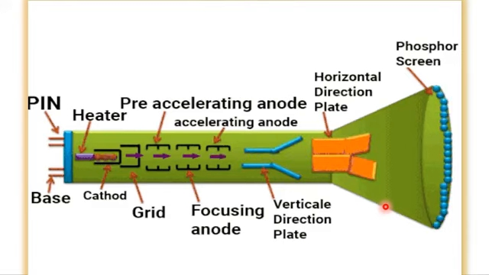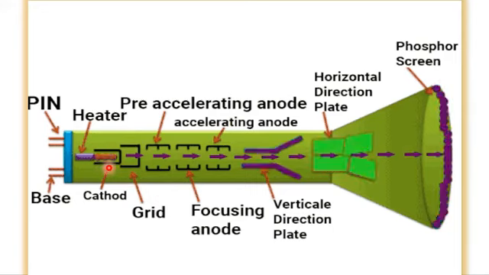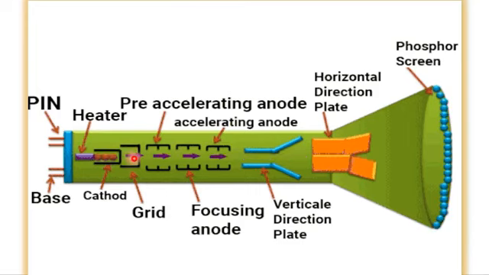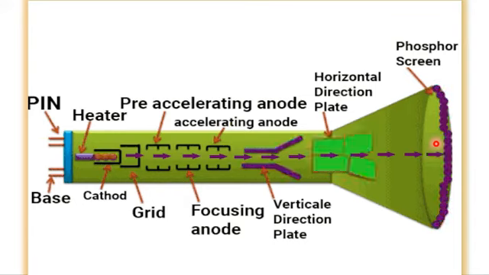However, if you want to know comprehensively about the cathode ray tube, about the parts of the cathode ray tube, like the role of the pins, the composition of the base, the role of the heater, the composition or constitution of the cathode, grid, anode, vertical directional plates or horizontal directional plates, and the role of the phosphorescent screen, and what material is used to coat the phosphorescent screen,